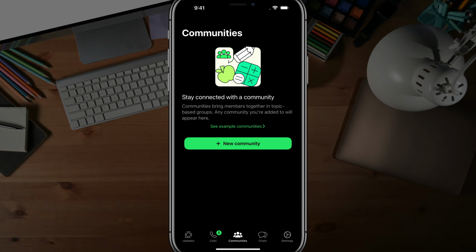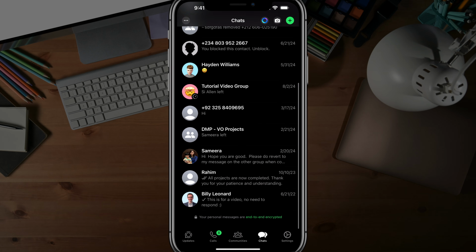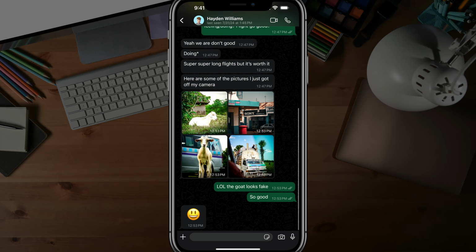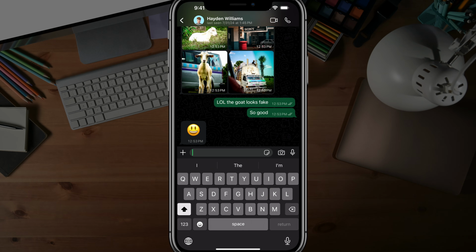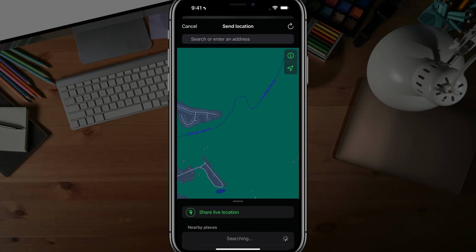So here we are. I'm going to open up the WhatsApp application on my phone, and you want to go into your chats wherever you want to send the location, whoever you want to send it to, and then start typing a message. So basically you would act as if you're sending a message to someone, and then you hit the plus symbol to the left of the message to bring up your options, and you're going to see a bunch of different options. The one you want to select here is location, and then it will bring up a map with your current location with the option to send that current location to that person.